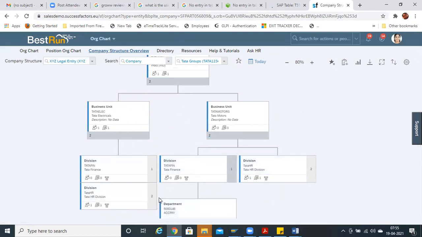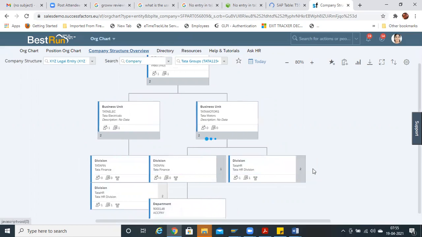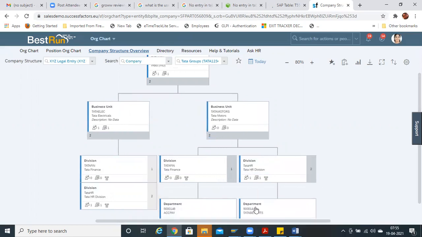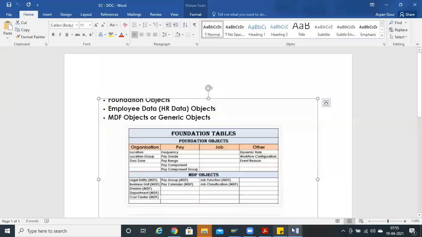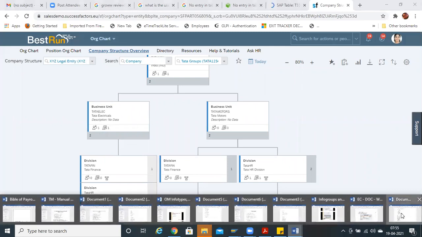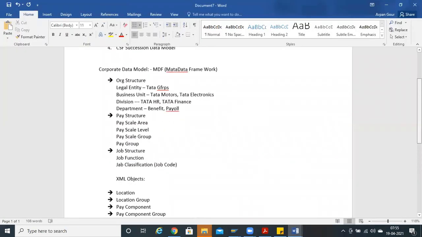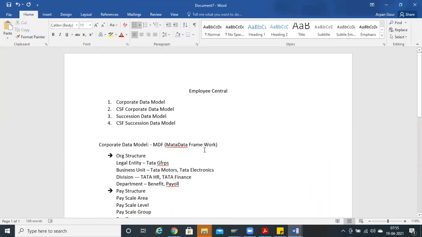So this is the structure. See, this is legal entity which I have named as company. Company has two business units and each business unit has divisions and then departments. So this is in the flow which I have mentioned. Over here, legal entity, business unit, division, department.